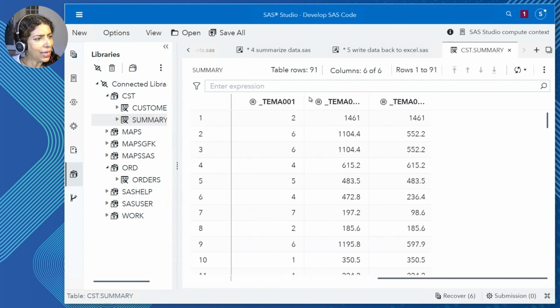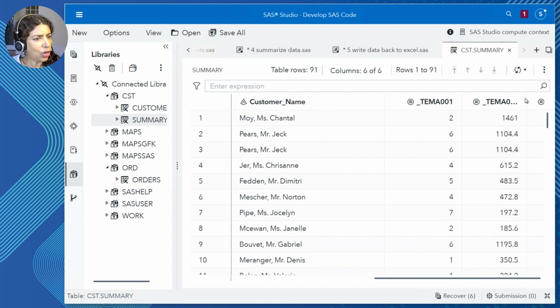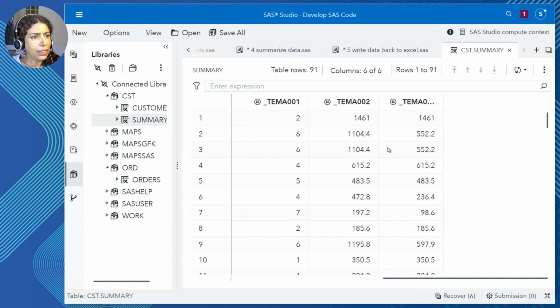And then yikes, the last three columns, the summary column, SQL said to us, you did not bother giving me a column name. Labels are not enough. So I'm going to give these names such as _TEMA001, _TEMA002, and _TEMA003.